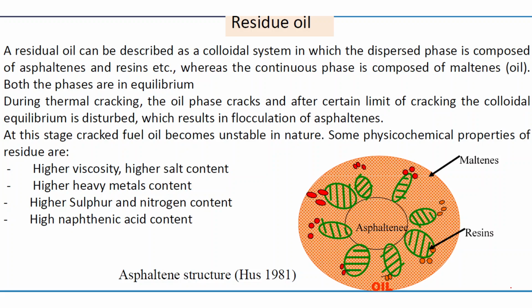So coming on to the residual oil which we are getting. It is basically a colloidal system which consists of maltenes, asphaltenes, and resin. Basically, we are talking about the vacuum residue which we get from the vacuum distillation unit. It is kind of a colloidal solution in which we have three things. This is a kind of an emulsion which consists of asphaltenes, some resins, and the continuous phase, these maltenes. So these maltenes are basically the oil which we want, which is the lighter product, the better quality product which we want